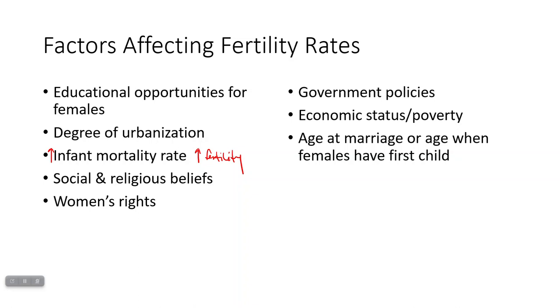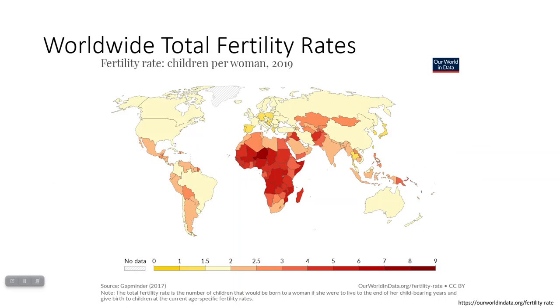can also have an impact, because if a woman starts having children at 20, they have about 25, 30 reproductive years. So they could have five, six children technically, biologically. If a woman doesn't start reproducing until the age of 30, she's got about 20 reproductive years. So she might have less children. And access to healthcare and family planning is also very important.